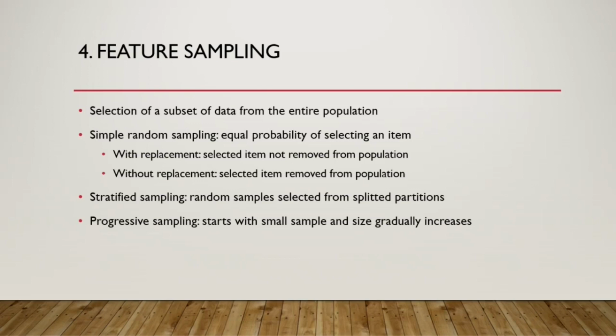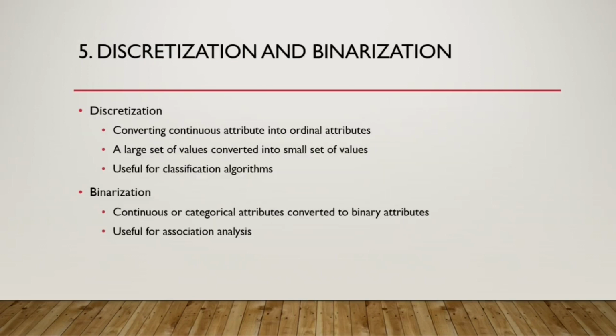It is like you start, suppose, with some 10 records, you start processing, and as and when required you are just taking data from the population, so that your processing goes in the correct way. So as and when required you are taking samples from the entire population. Okay, so these are some methodologies. We have to only remember that whenever we are doing sampling, we have to ensure that the entire picture or the entire characteristic of the population should not be lost.